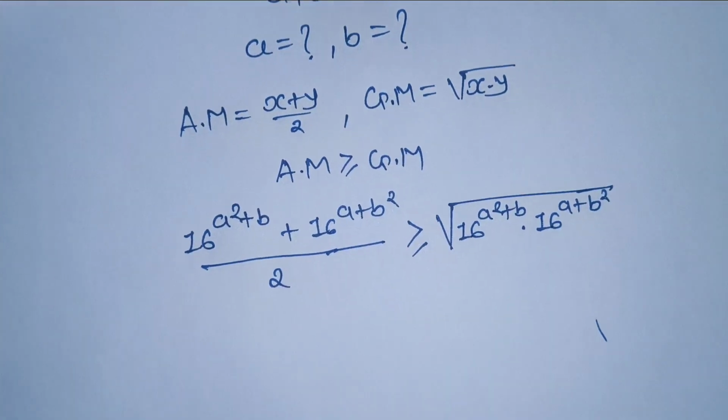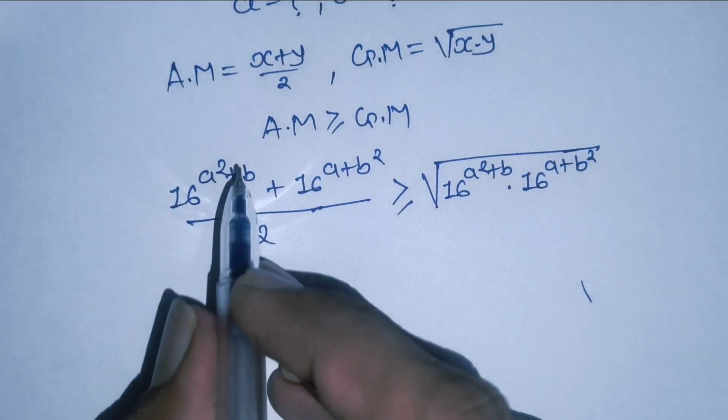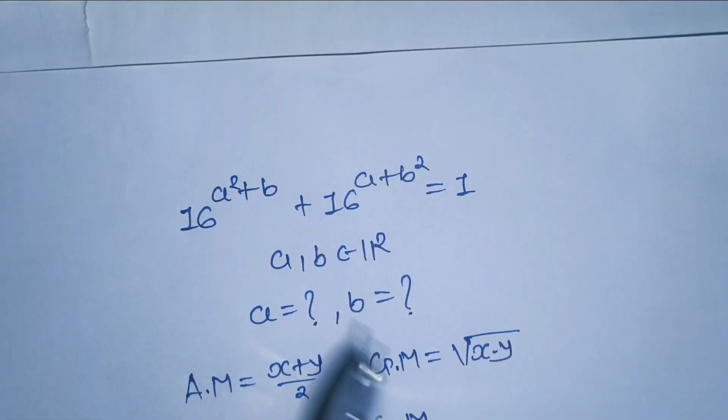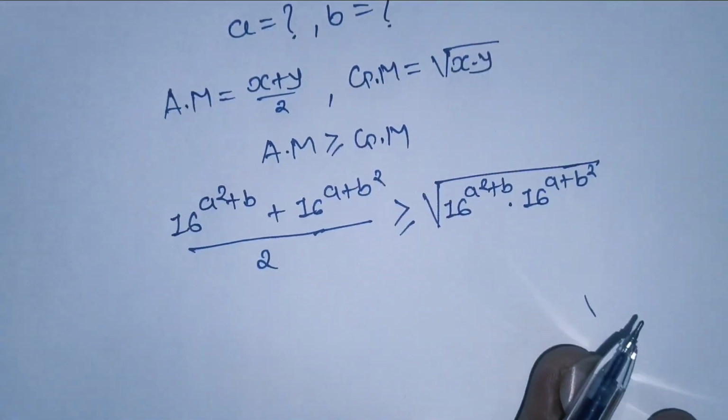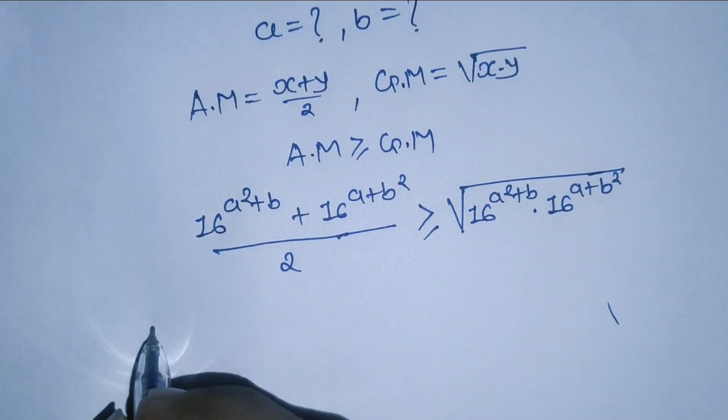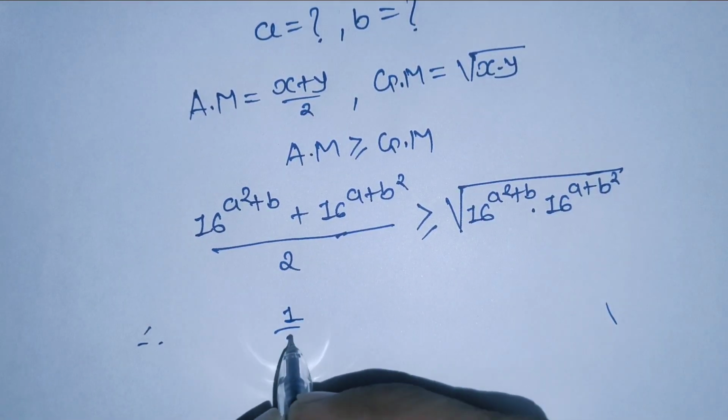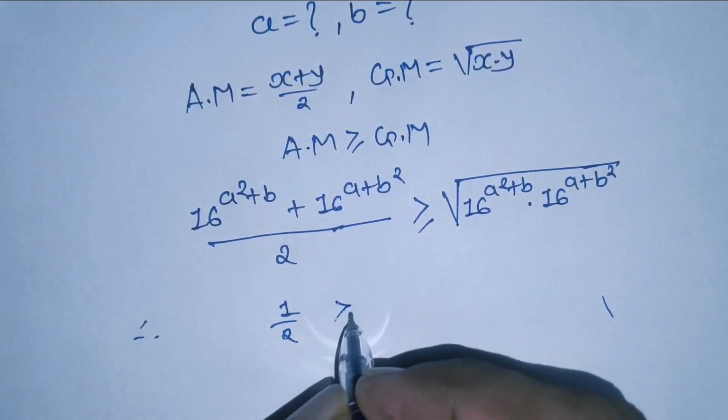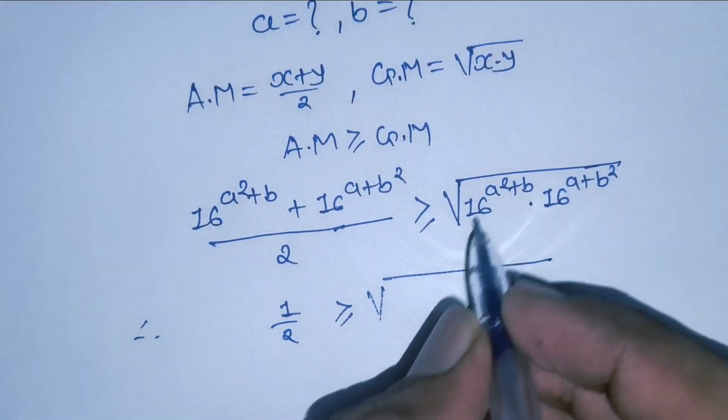This I think is clear. Now this sum is already given, this is 1. Therefore 1 by 2 is greater than or equal to square root of